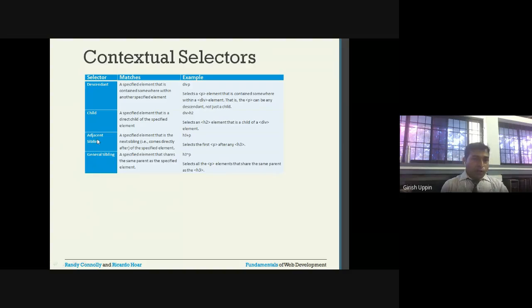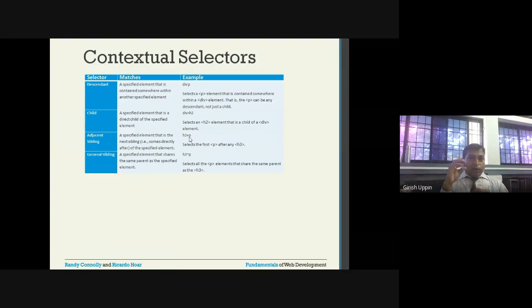For siblings there are two options: adjacent sibling and general sibling. The meaning of adjacent sibling is, here we have h3 plus p, so we use the plus sign for the adjacent sibling. The meaning of this is, h3 and p are both children of the same parent. Let us say we have a div.